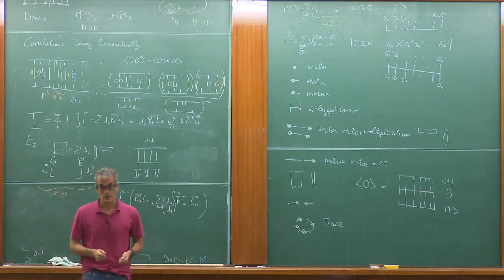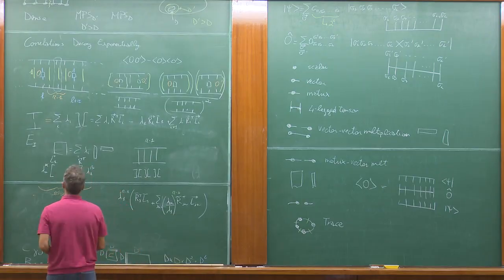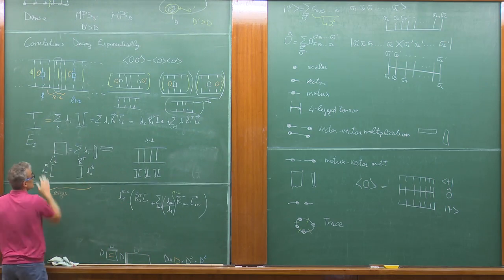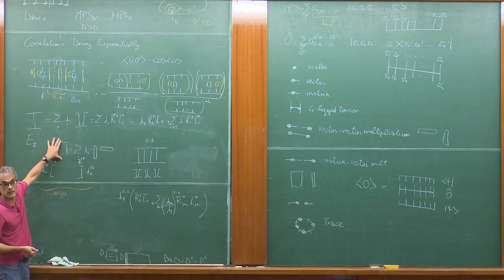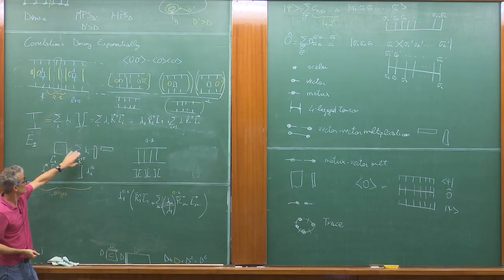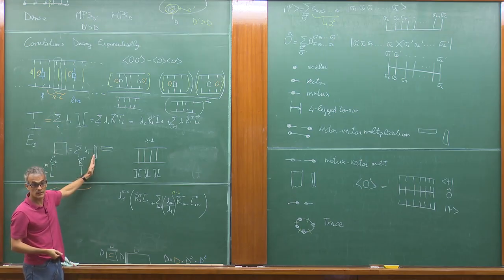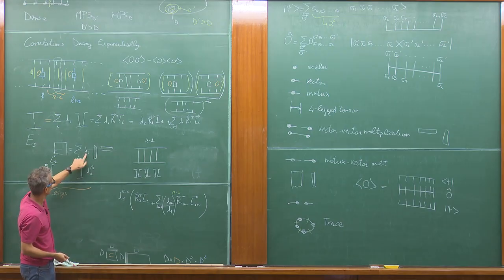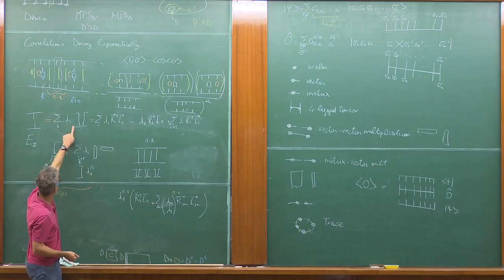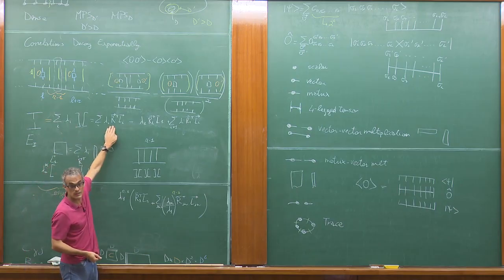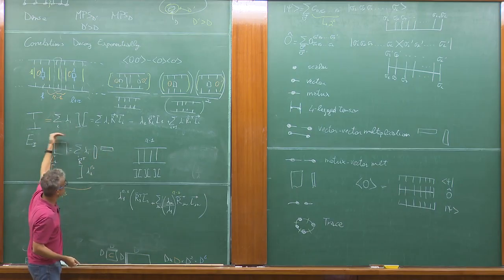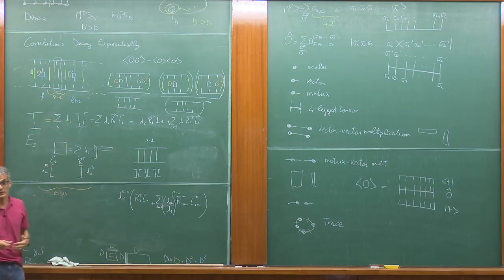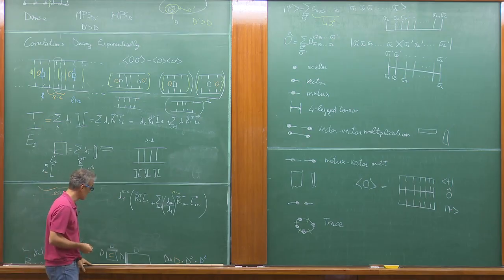Can you repeat the edges? The edges, sure. Think of it as a matrix. You can always write it in this form where you have right eigenvector, left eigenvector, and so you have lambda i. But now, of course, you decompose it as a tensor. You can write it as this, Ri lambda i. Now, let's say you multiply many times. Then the largest one will be the one that dominates, the only one that remains. So that's where we are.